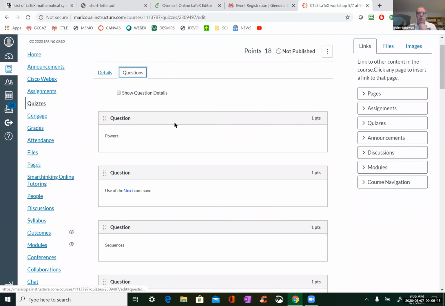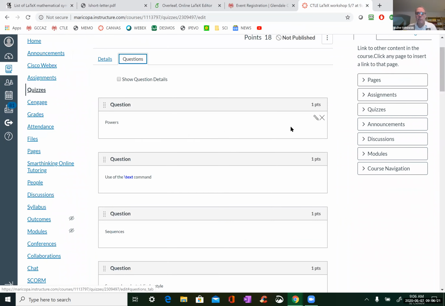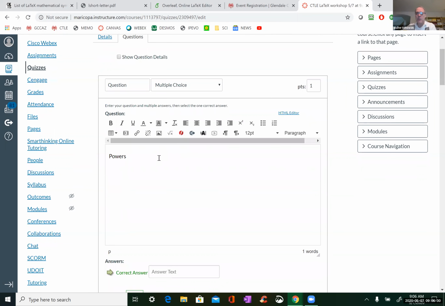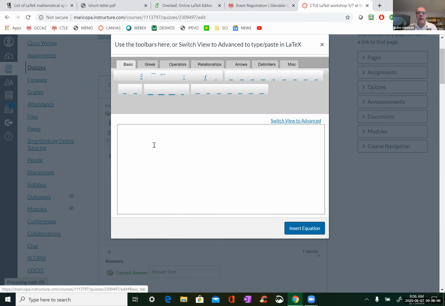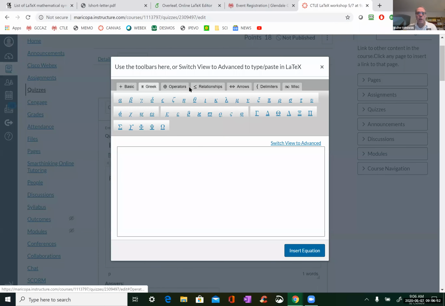Okay, so let's get down to some actual work. I created a whole bunch of questions and topics here, not necessarily in any particular order. Anytime you start a question, you click your little pencil for edit, and then you have the body, the basic panel here to create your question. To access LaTeX, you click on the square root. If you do that, you get another panel and a toolbar, and you notice it has all of these symbols available to you.